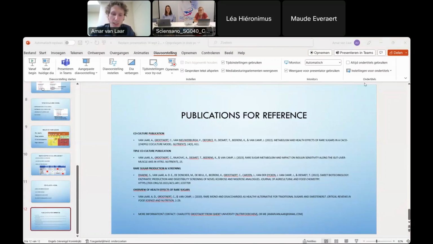So this model did not contain immune cells. Immune cells were one of the options that we had on the table when planning, along with also the fat cells, but in this case we chose the liver and skeletal muscle. So it has not been incorporated in my experiments, but other people in our lab also do co-cultures with immune cells. So people who are interested in that can still contact Charlotte Grootaert for information on that.